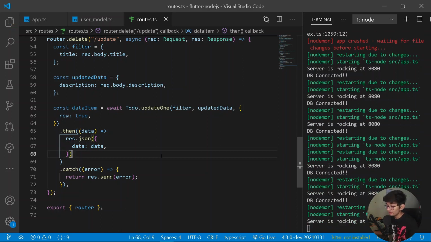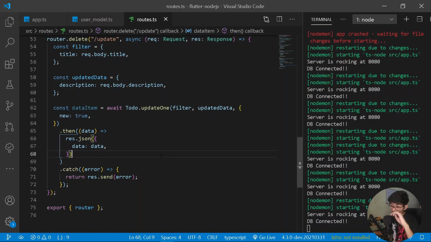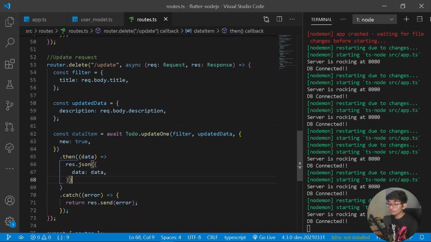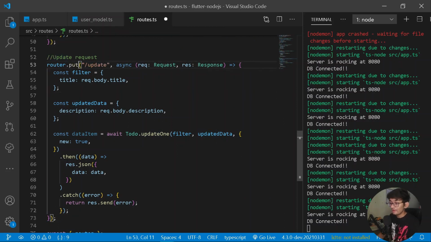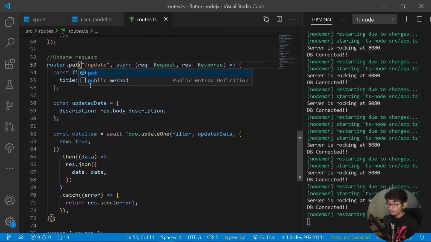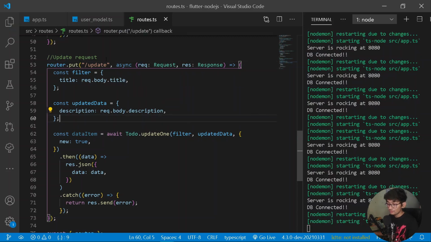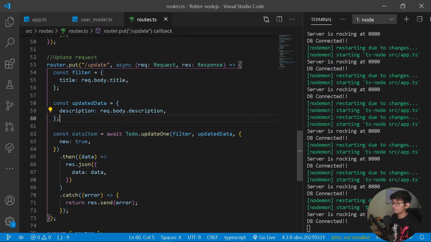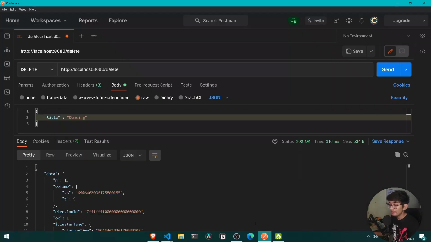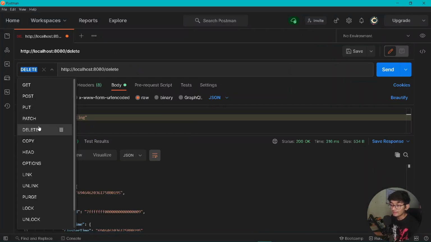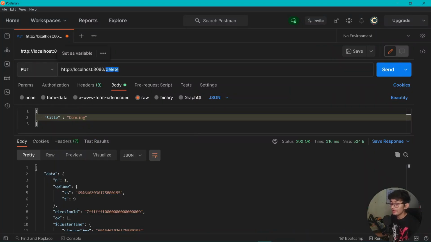Cool, so our server is working at 8080. And also our DB is connected. So now let's try updating some data. For this, let's add a property of put to the update request. Cool, so let's go under our Postman and try it out. I will be adding a property of put and here let's add a path of update1. I'm always getting it wrong.